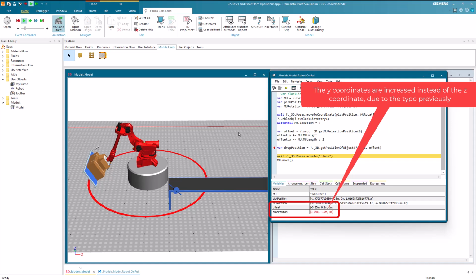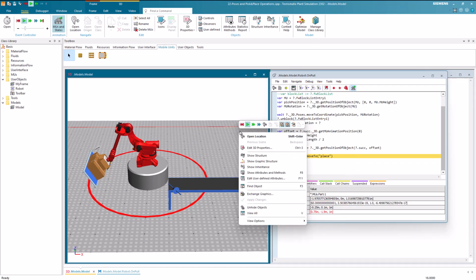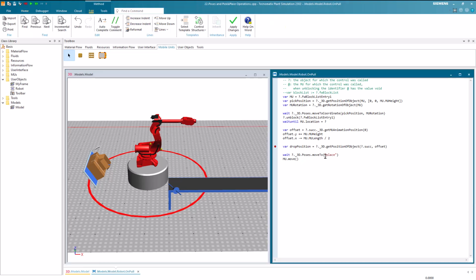Now, we can once again use the move-to-coordinate method from above to move the robot to the desired position. We then replace the first parameter with the drop position variable. For the second variable, we can use the coordinates 0, 0, 0, 1. Now the simulation is set to run.